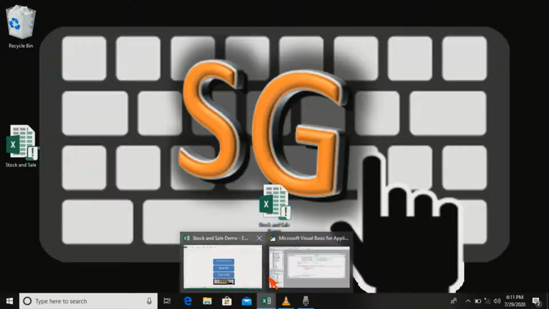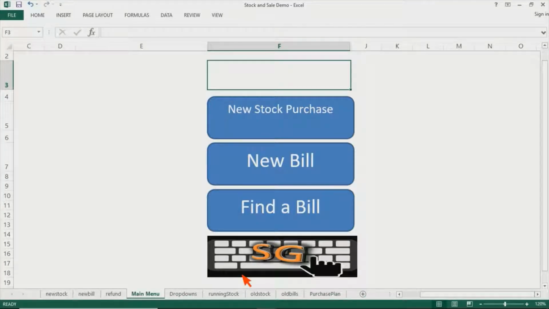Here you can see, this is one Excel workbook which has been created to meet the purpose. On the first worksheet we have the main menu. These are the three modules that I just mentioned, which will be used for interfacing with the cashier for billing purposes and for taking items on stock.